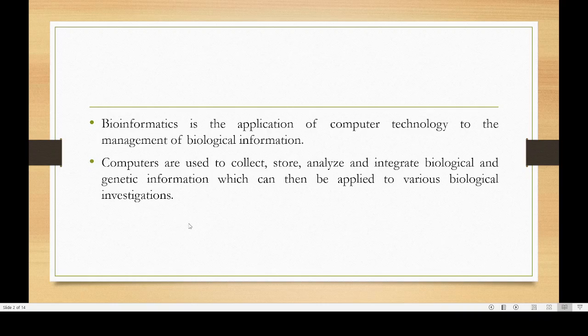Biological and genetic information can be used for solving various kinds of biological investigation. What is investigation? Investigation is a kind of inquiry. We are making some kind of inquiry or some kind of discovery. That is the meaning of the word investigation. Now,